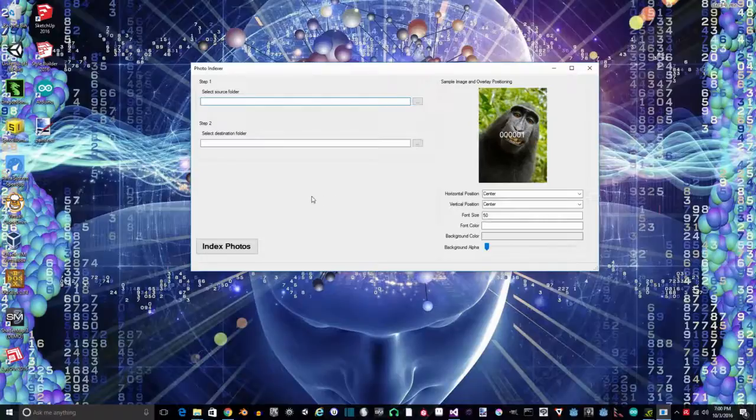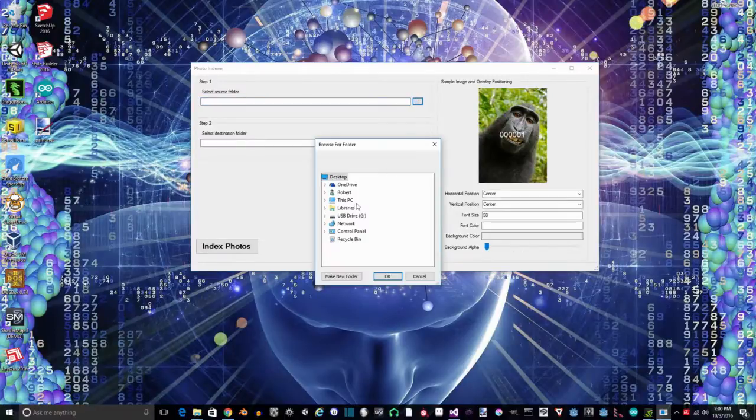Alright, this is a demonstration of the PhotoIndexerv software. There's essentially two steps here. What we want to do first is select the source folder. This folder contains the pictures from your camera,